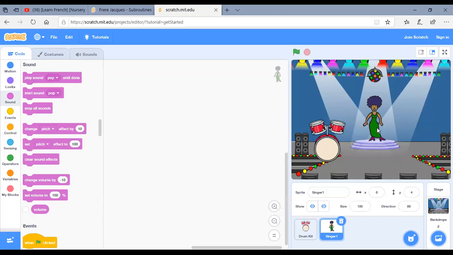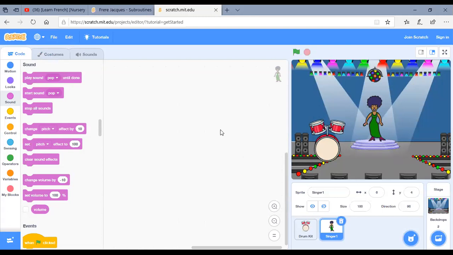Now this woman, this singer, although we have created her, cannot make any noise or sound, because we haven't given any sound to her. So first of all, we have to give her some sound or some vocal.